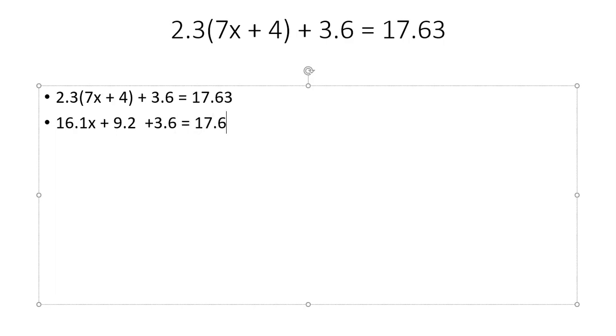Equals 17.63. Now I have a couple of options at this point. Some students like to combine these two together, and they'll add them together. Not the x, though. Don't add the x. Other students like to just minus a 3.6 and then minus a 9.2. There's not a right or a wrong here. I'm going to go ahead and add them first, but that doesn't mean that that's the best or only way to do it. So when I add 9.2 plus 3.6, I get 12.8